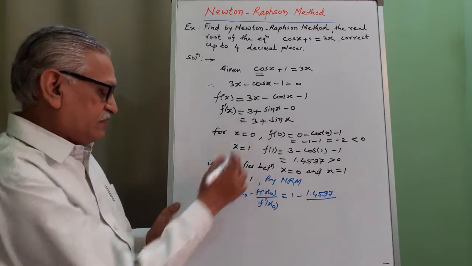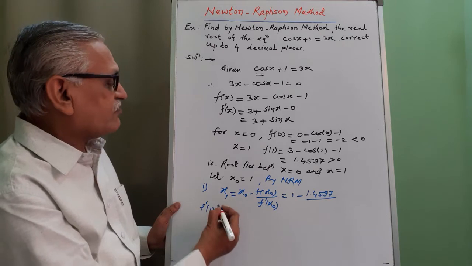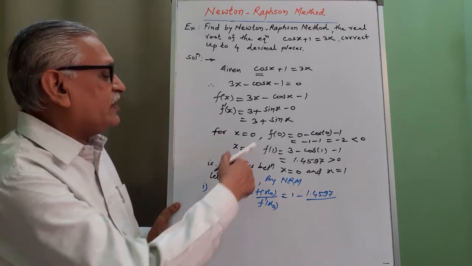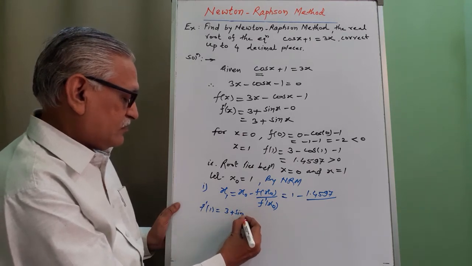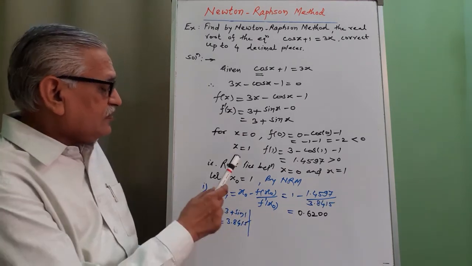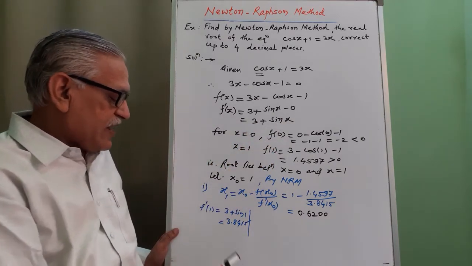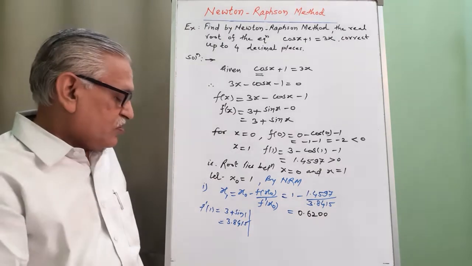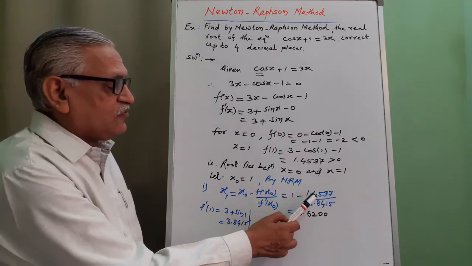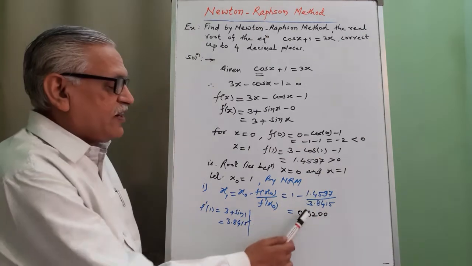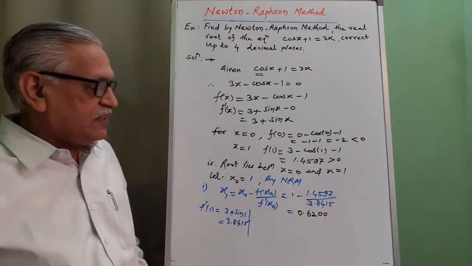Here f dash of 1 is 3 plus sine 1, and by calculator that value is 3.8415. Substituting in the formula, 1 minus 1.4597 divided by 3.8415,